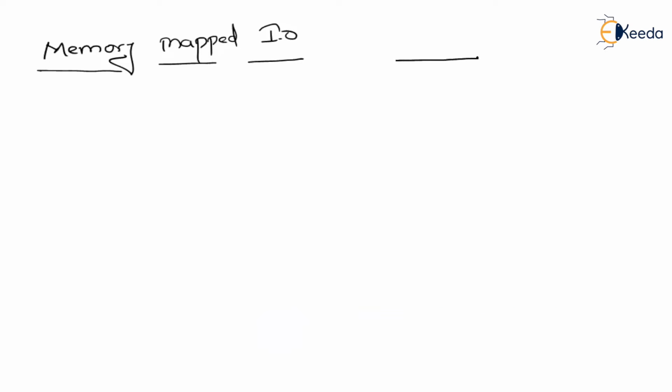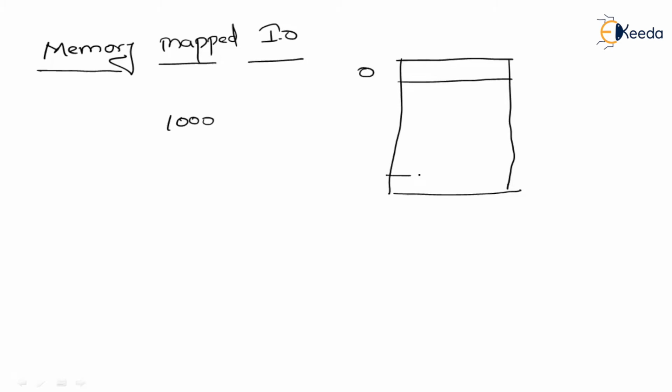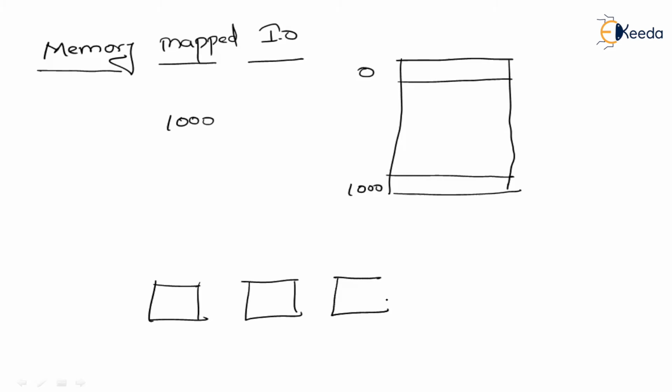If you remember, we are giving the address spaces. Again, the main memory is equal to 1000 locations, and each location will be addressed. So the total main memory locations are from, let us say, 0 to 1000. And then interface 1, interface 2, interface 3, and interface 4. Each interface has 100 locations, and each location is a register. Now let us see how we are going to assign the addresses.